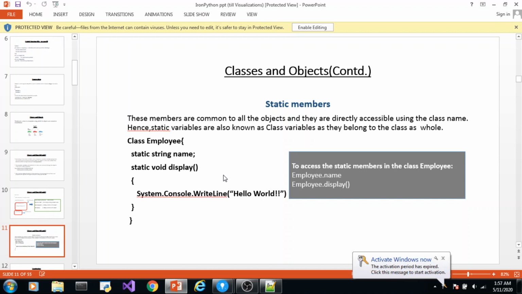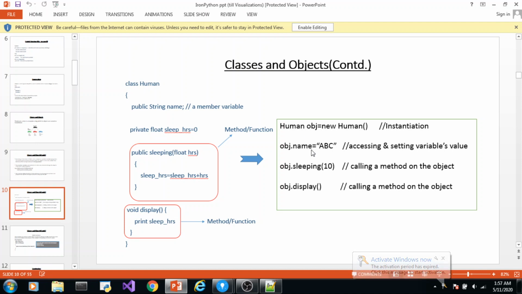Okay, there is another concept of static members. If I go back to classes and objects, suppose I create another object, it will be allocated a different memory. It will not be a copy of the same object created here. That will be a different object with a different memory allocation. If I assign a name to that second object, that value will be stored at a different memory than the first object. That means those two objects are not the same copies. Those are two different copies.